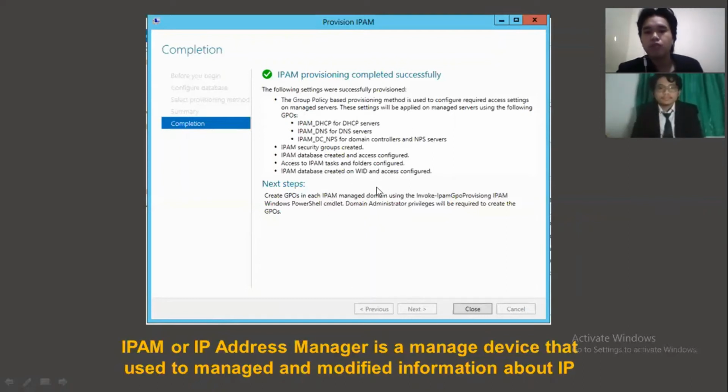In this IPAM, we can manage the IP from the device or client or host. To simplify, we can say that IPAM is a management tool used to manage and modify information about IP.